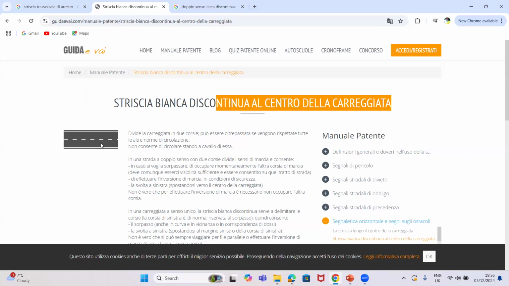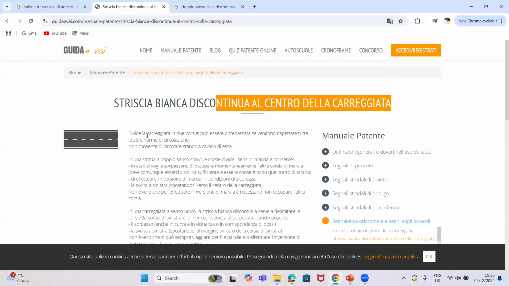That's the trick. Let me repeat again. Of course, guys, remember that discontinuous line means senso unico. Simple. But in patente, in Italian olden days road, there are some particular type of road where, even though there is senso unico, there is discontinuous line in the center of the carreggiata, they still drive there as doppio senso. And in your quiz, there's a way they normally ask the question, and they will mention doppio senso.